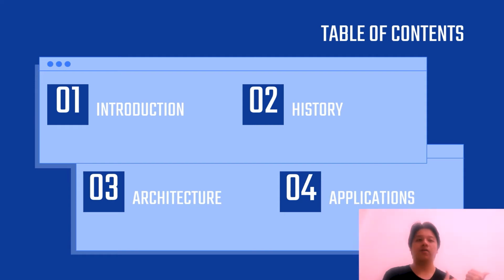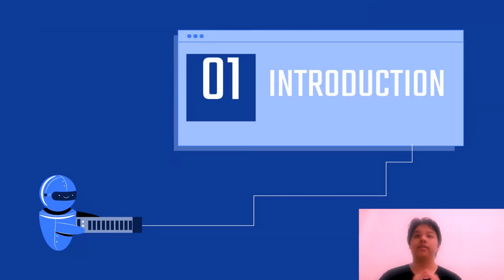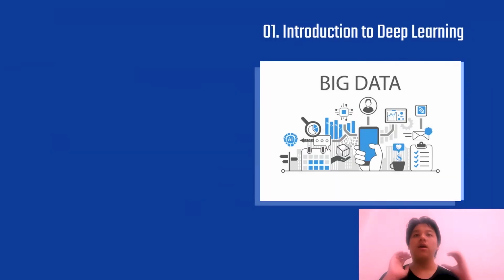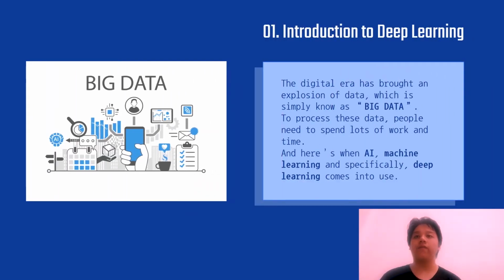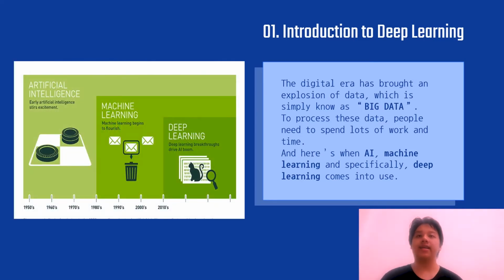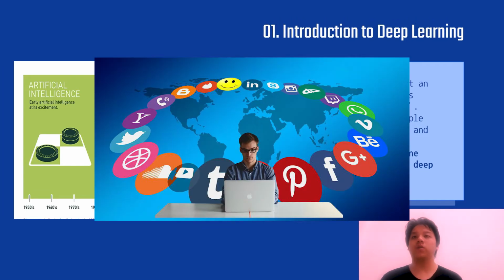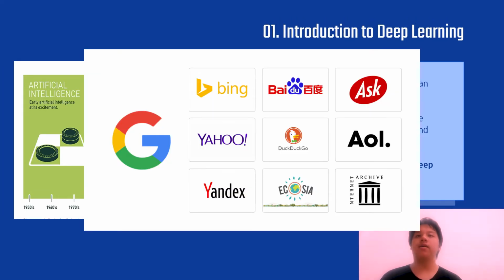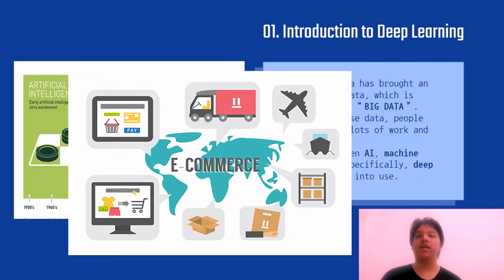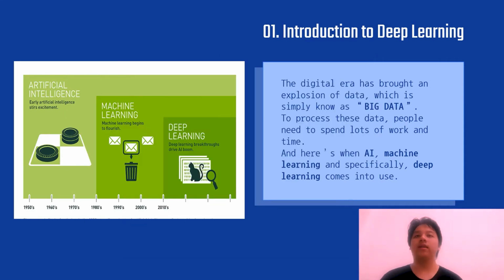So let's get started. It has evolved hand in hand with the digital era, which has brought about an explosion of data in all forms and from every region of the world. This data, known simply as big data, is drawn from sources like social media, internet search engines, e-commerce platforms, and online cinemas. This enormous amount of data is readily accessible and can be shared through fintech applications like cloud computing.